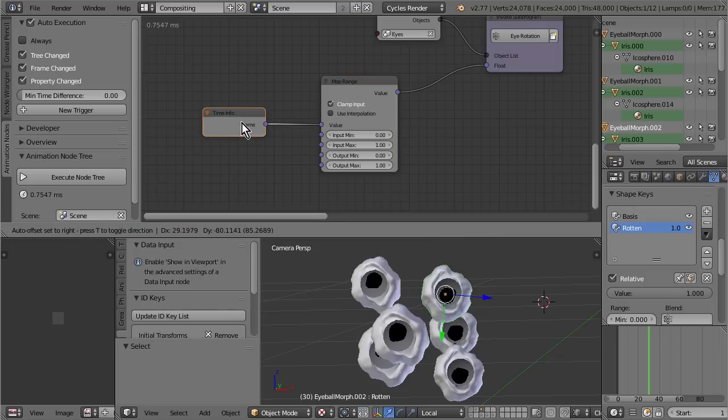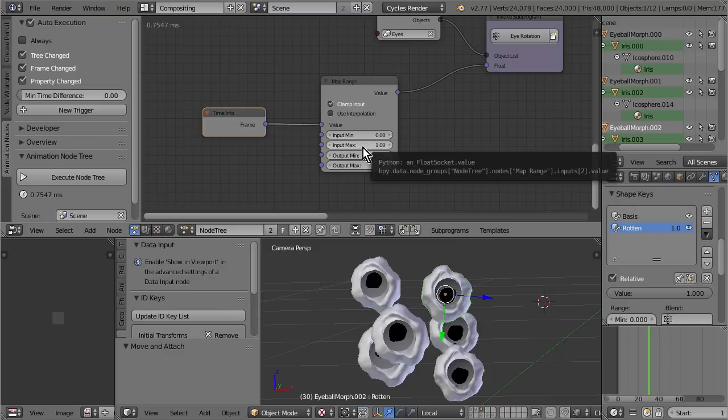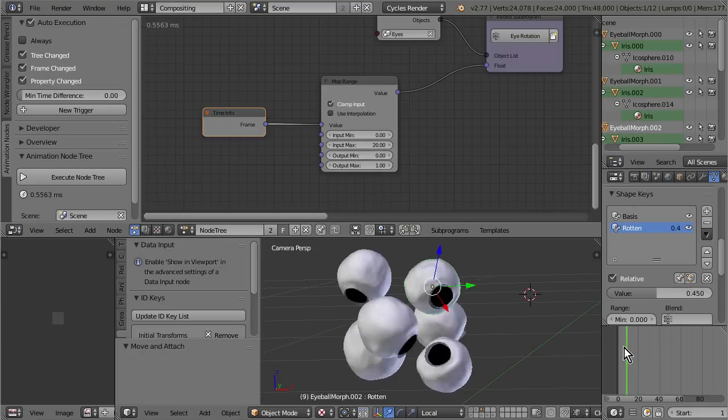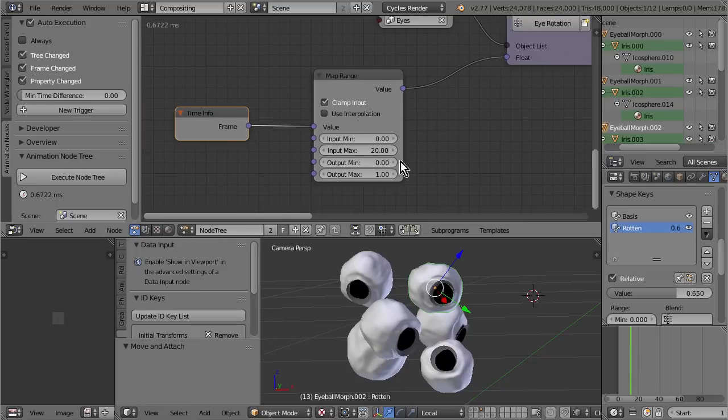But what this does is interpolate between two ranges. So if I set the input minimum to 0 and the input maximum to 1, this wouldn't change a thing, because 0 gets mapped to 0, 1 gets mapped to 1, and so on. But if I want 20 frames, and now we output 0 to 1. So that does exactly the same as dividing it by 20. So 0 gets mapped to 0, and then 1 gets mapped to 1/20th, if that makes sense.